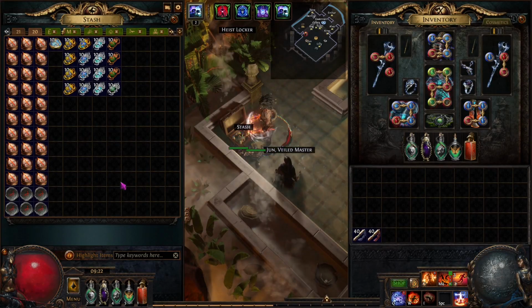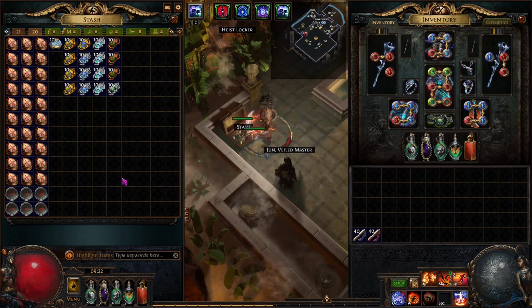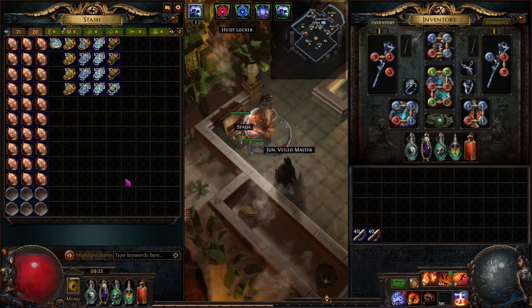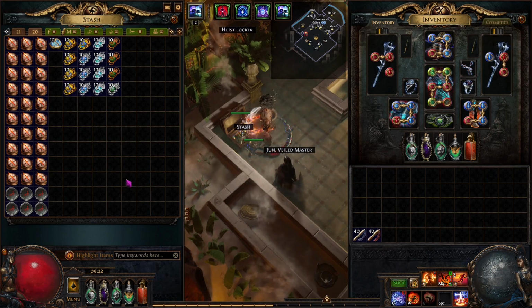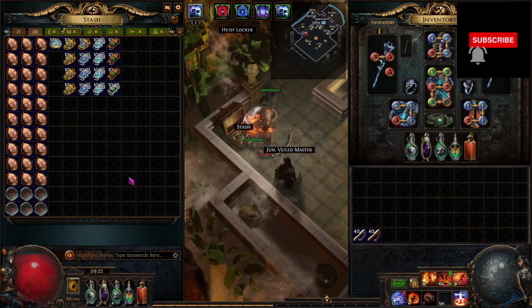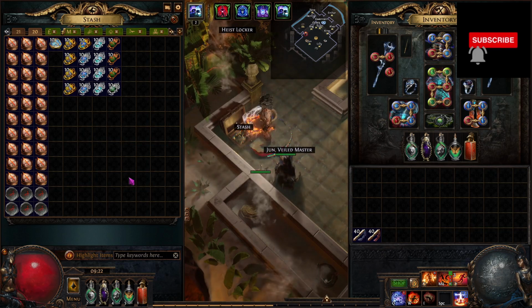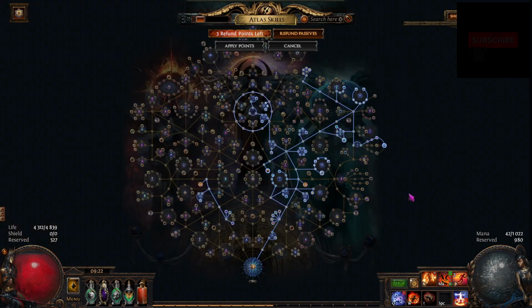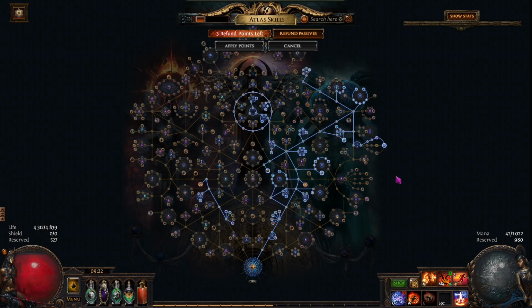So, I kind of wanted to try a little bit of a farming project, and I noticed that the Harvest Life Force is quite expensive. You get around one divine for 5,000 yellows. So, I designed an Atlas tree around some mechanics that are a bit more slow, that I don't need to